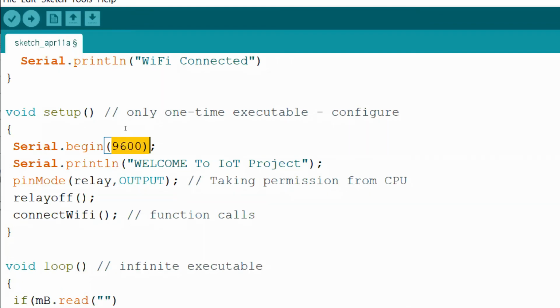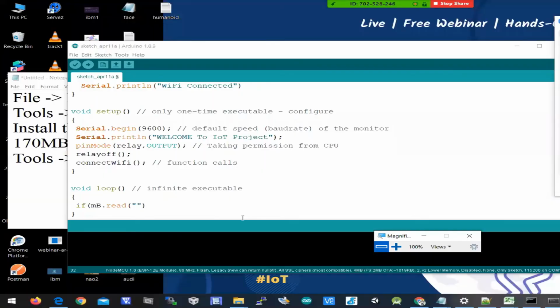This is the default baud rate of the monitor. I'll show you the monitor after uploading the program. So that is the default baud rate. Baud rate is nothing but speed. That is called speed, but in electronics it is called baud rate. So here I have to pass.